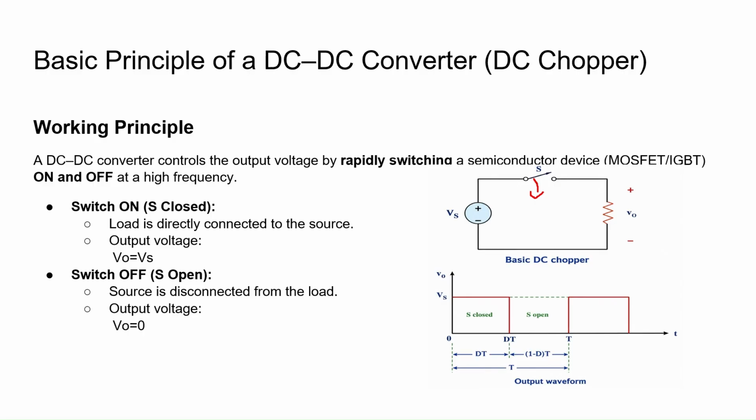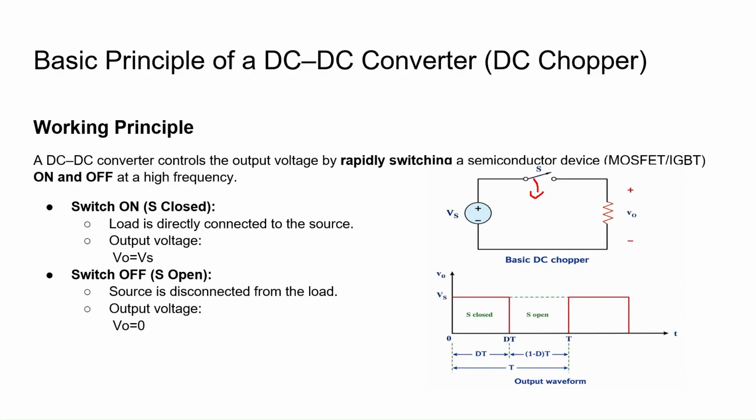So the output voltage is not continuously equal to the source voltage. Instead, it is a pulsed waveform. Source voltage is a constant waveform and output is like a pulsed waveform. Now, if this switching happens very fast, the average value of the output voltage can be controlled. That's why we say the input is a fixed DC and the output is a variable or controlled DC. The switching happens very fast, the average value of output voltage is varied, and the variation of this voltage depends on